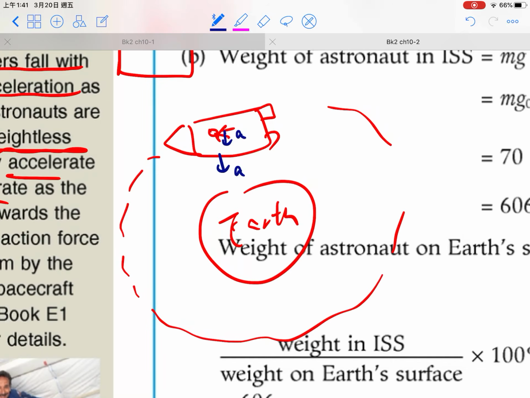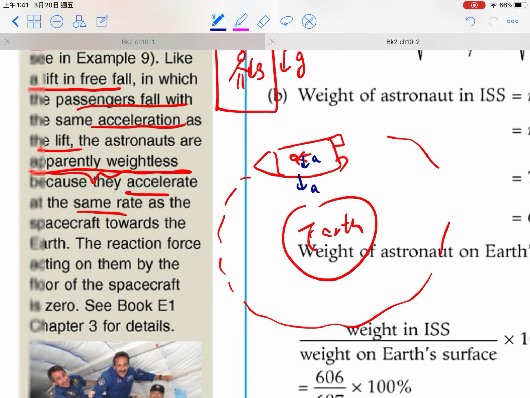Both the rocket and the astronaut have the same direction and same magnitude of acceleration. So there is a very important point here, there is no reaction force acting on them